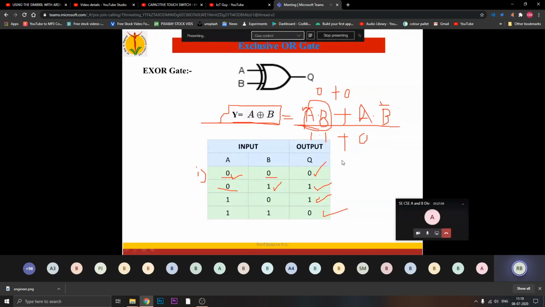So for the sake of the point, I will repeat it once again. Today we covered the definition of digital signal. We looked at the definition of logic gate. Then we started with the logic gates, we covered the basic gates, we covered the universal gates, and we started with the special purpose gates.